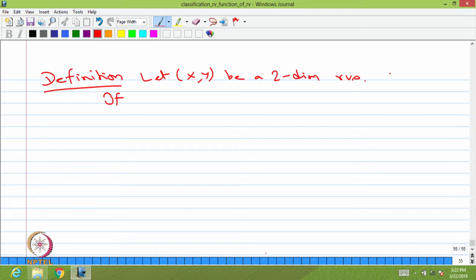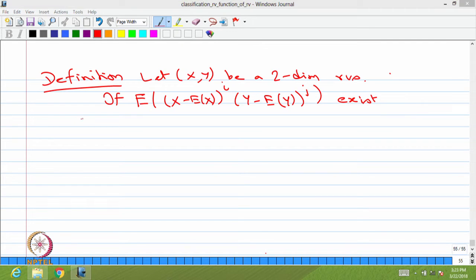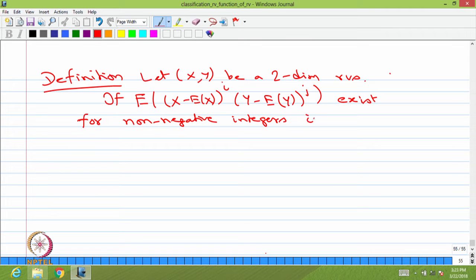If the expectation of x minus expectation of x the whole power i multiplied by y minus expectation of y the whole power j exists, that means in absolute sense this expectation value is going to be finite, for non-negative integers i and j,